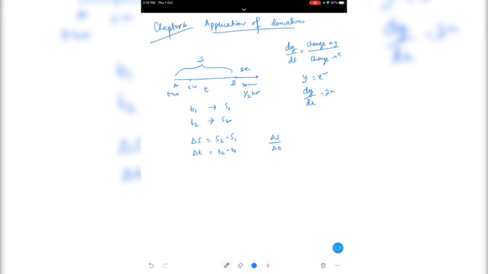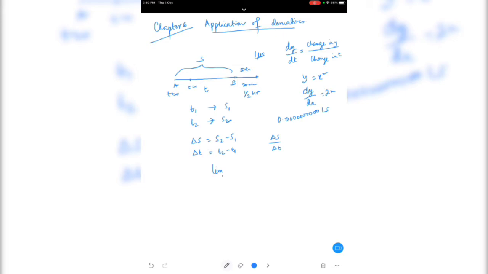Now let us take the distance to be very, very small. Let us take the time to be smaller than 1 microsecond, very, very small, like 0.00000000001 second. The time is so small. So what will that small change in distance be? That thing I will understand by limits. Look, this is basically a concept, don't think so much. It's very, very easy.